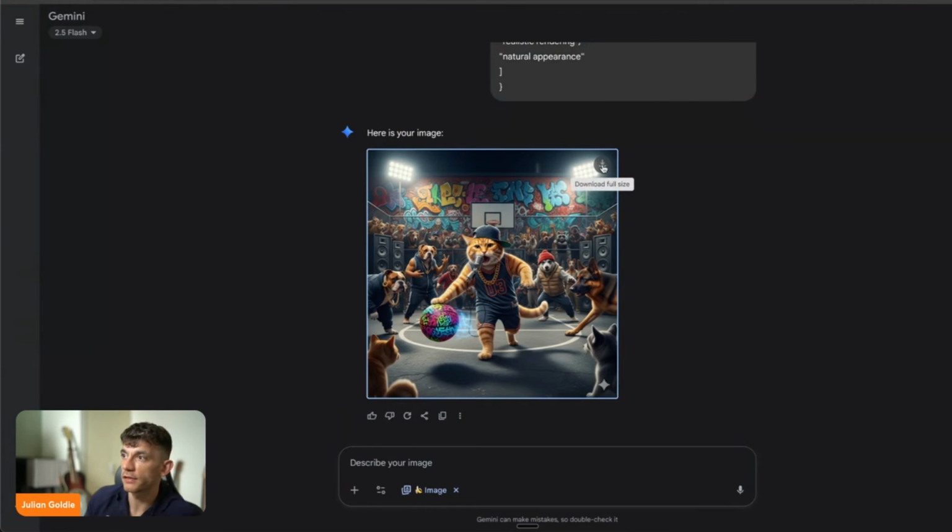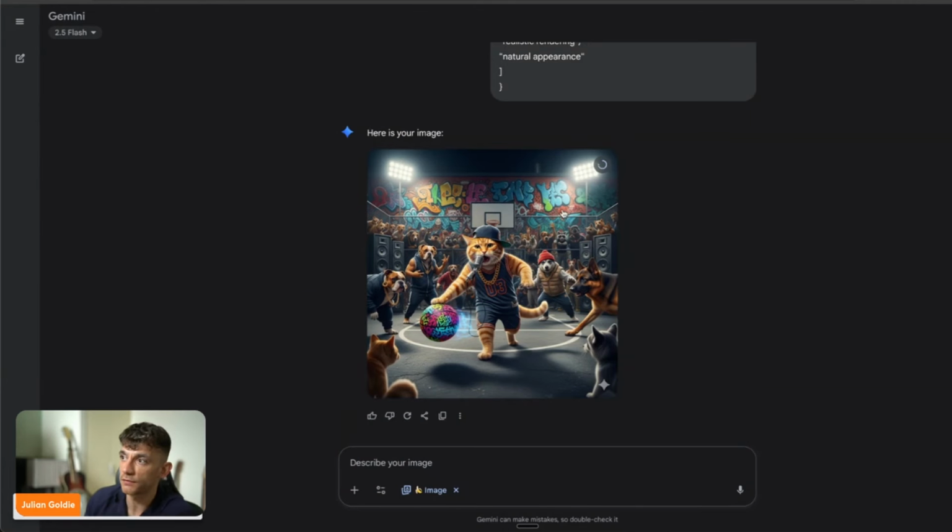And then also here's the other thing. If we download that full size, this is something that ChatGPT can't do as well. So if we download that